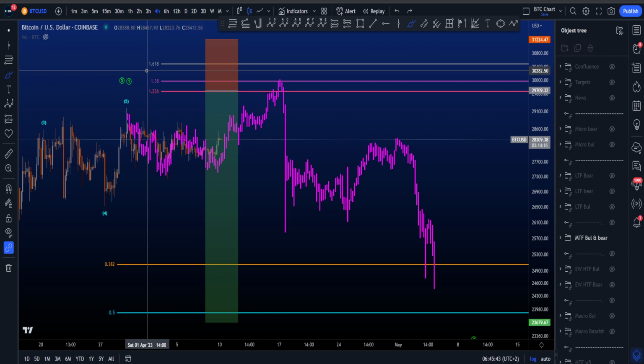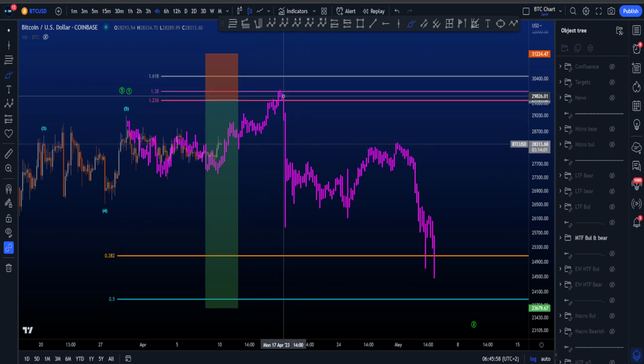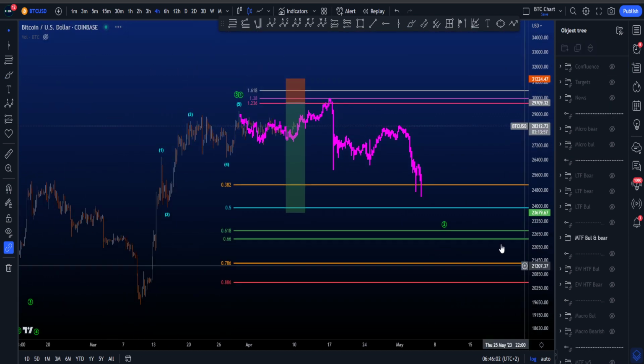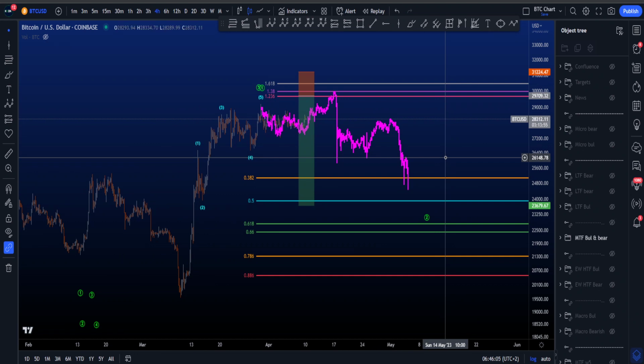The rare target for an expanded flat wave B is the 1.618 at 30.5k, so the stop loss should be somewhere above that level for sure. Of course, guys, this is educational. This is trading based on Elliott Waves potentially, and of course it's educational. We are on YouTube. So then trading it to the downside, where the length of this potential trade can really differ,